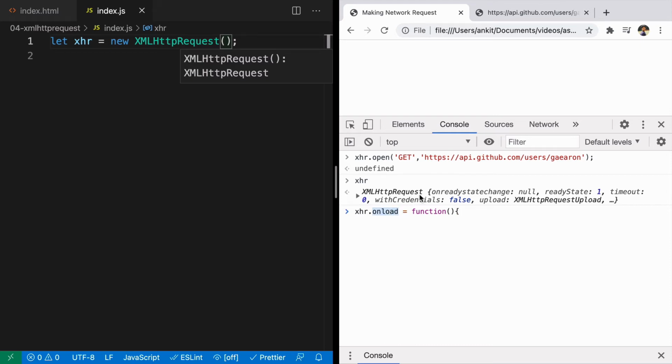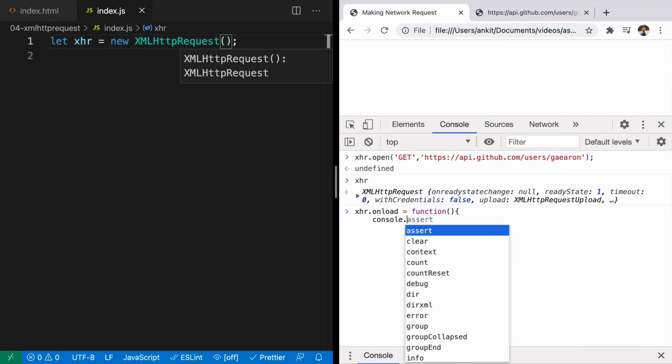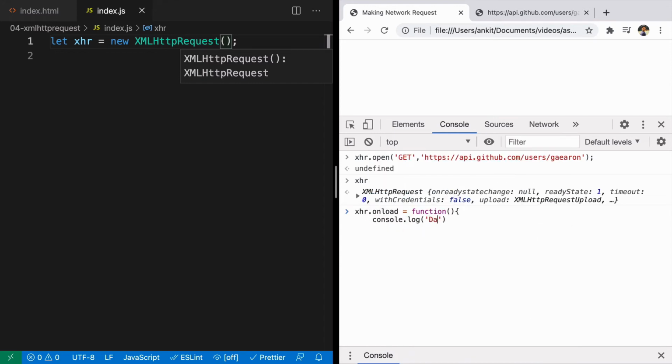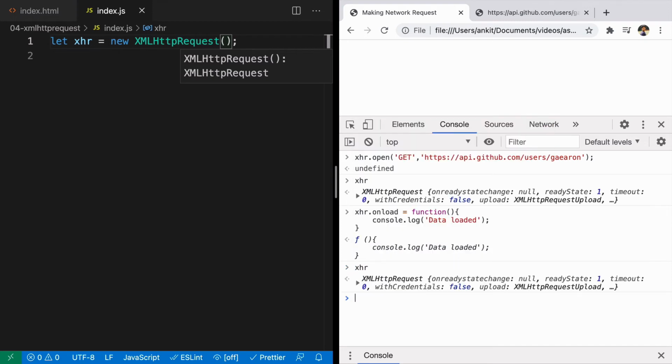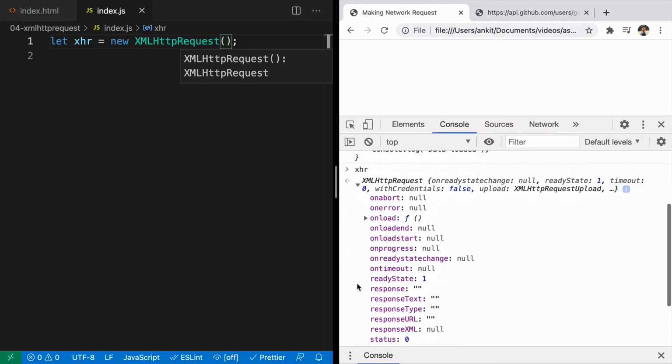So it is going to happen in the future. Here we are just going to say console.log data loaded, and press enter. Now if you look at XHR, you will see that you have already added a function to onload. Whenever onload is done, this function will be called.